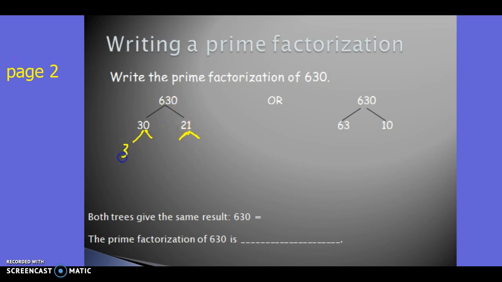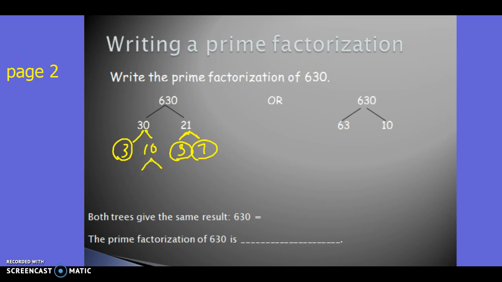So I know 30 is made up of 3 times 10. 3 is a prime number, so I'm going to circle it and I stop with that. 21 is made up of 3 times 7. Those are both prime numbers, so I'm going to circle them. Once we circle them, we're done with that part of the tree,